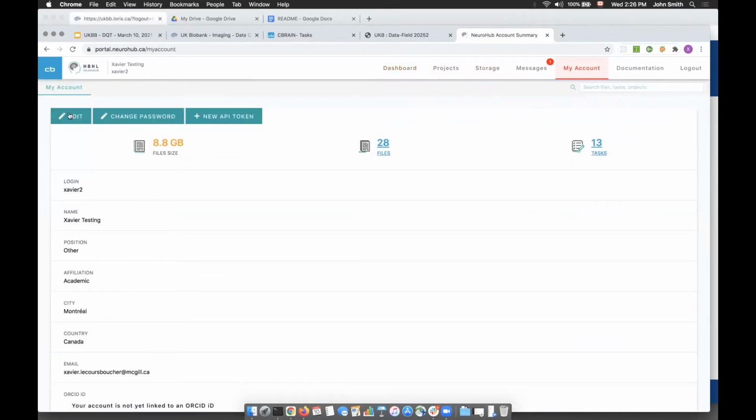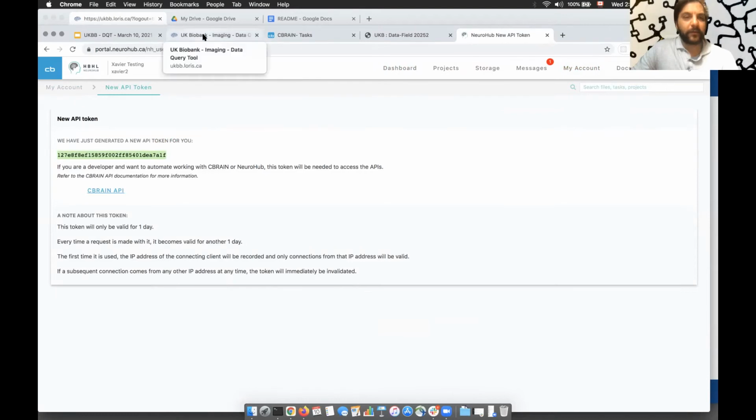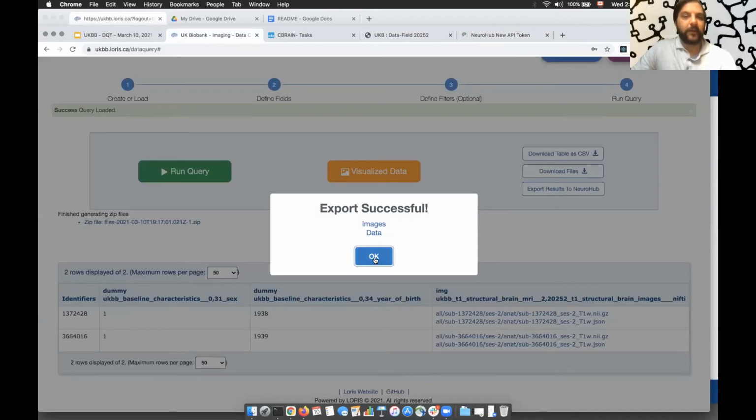There are three buttons at the top, and there's one for a new API token. Once you have that string, you simply copy it and paste it into the Loris data querying tool.